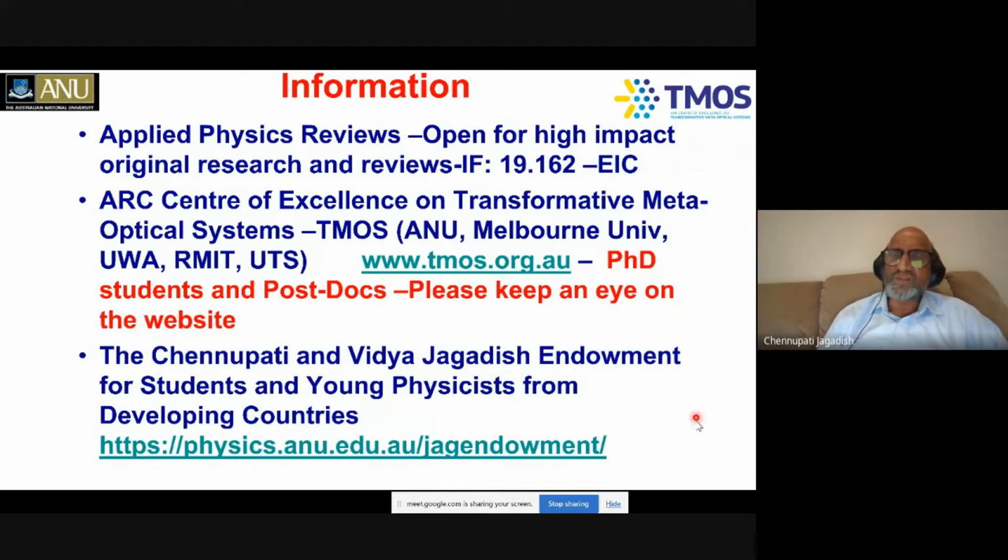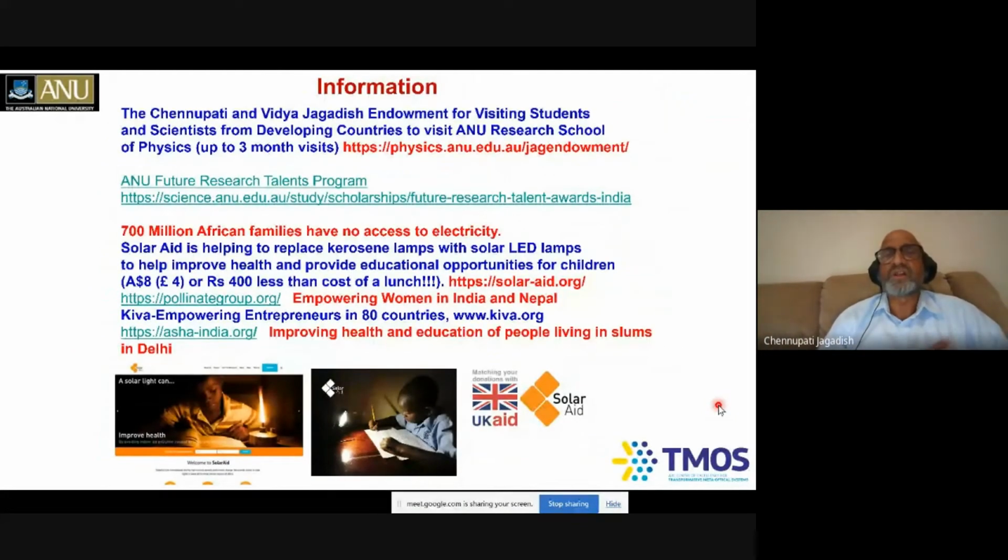Since I started my life in a very small village in India and studied in front of a kerosene lamp and lived with my maths teacher to finish my high school, as a gratitude to all of the people who helped us in our life, my wife Vidya and I have started an endowment to really support students and young physicists from the developing countries to come and spend some summertime at the ANU, and our endowment supports these ones. And so unfortunately during the last 2 years, we are not able to really support students to come and visit us because of the COVID situation. And I hope in 2023, we may be able to host students, because 2022 is also still looking not so promising because of the fact that these things take time and visa processing is still a bit of a challenging thing.